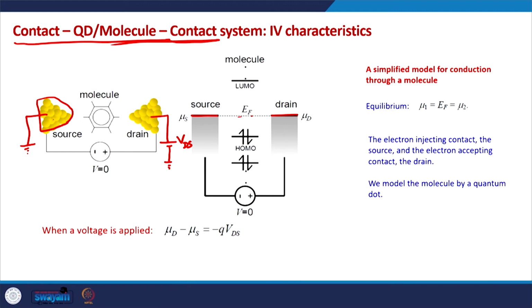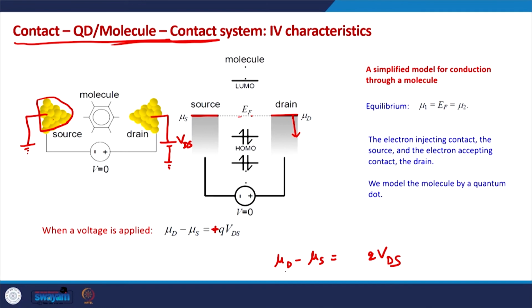This is just showing the connection between the contact and the molecule. In that case, if there is a positive voltage on the drain side, there will be a difference in the Fermi level of the drain and the Fermi level of the source. Okay, and if there is a positive voltage on the drain side, this will go down. The energy of this is generally given as Q times VDS. The negative sign is not there. In some conventions it is written like that, but according to the convention that we have followed,